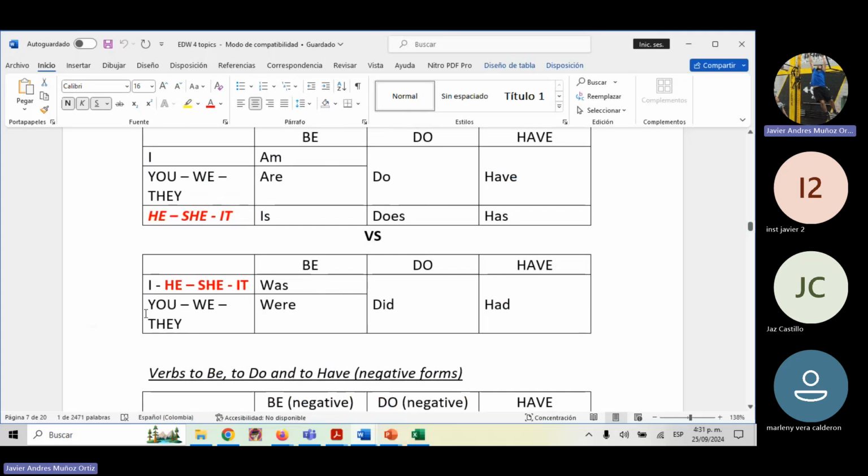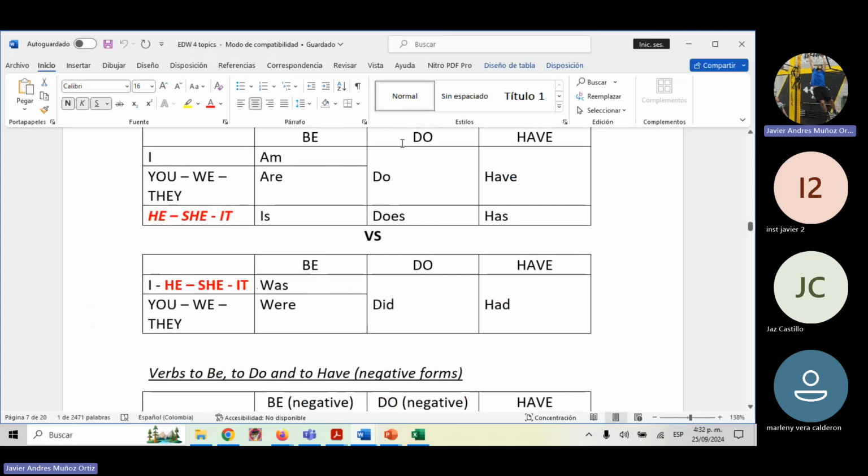For all the plurals, it continues this way, but I join with Marcus, Mariana, and the rhino. So we together, I mean, we are in the same group. The conjugation for I, he, she, it, for the verb to be, is going to be was. For everybody else, it is going to be conjugated as were. So this is the verb to be.